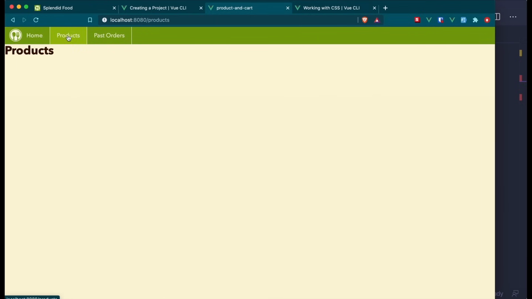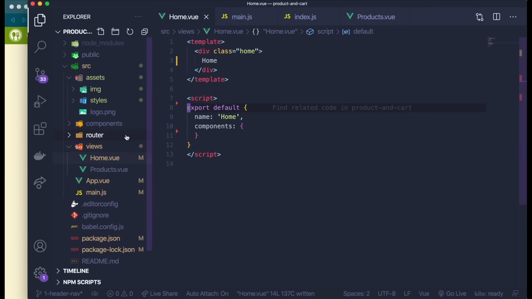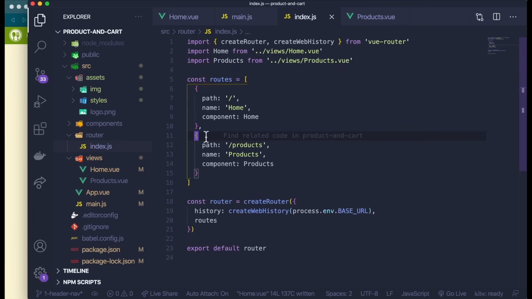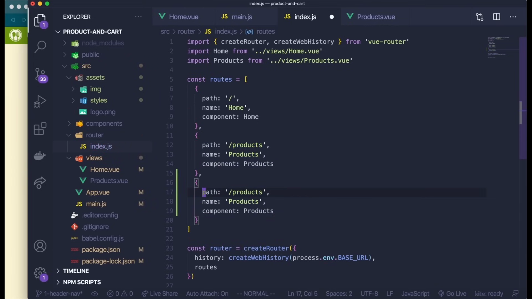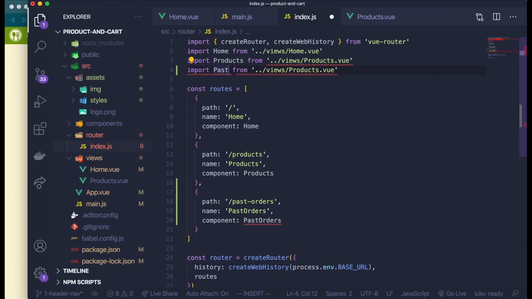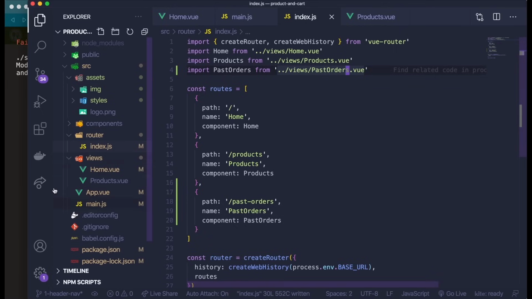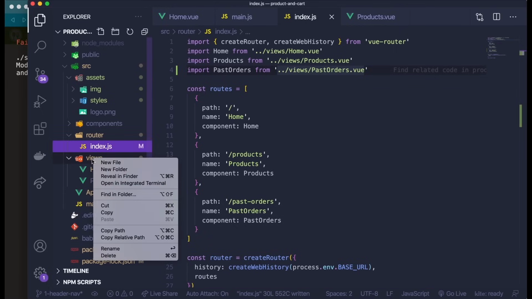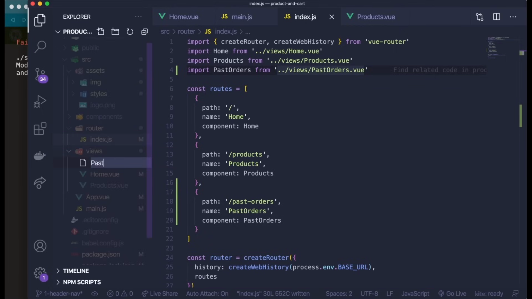One more thing I'll go ahead and do is add a past orders page to the router at this route. And all I'll have to do is basically copy the products route. This will be past orders. I can call it past orders. Past orders. Now I need to create this component. It's connected to my router, so I'm going to create it in the views folder. Call it past